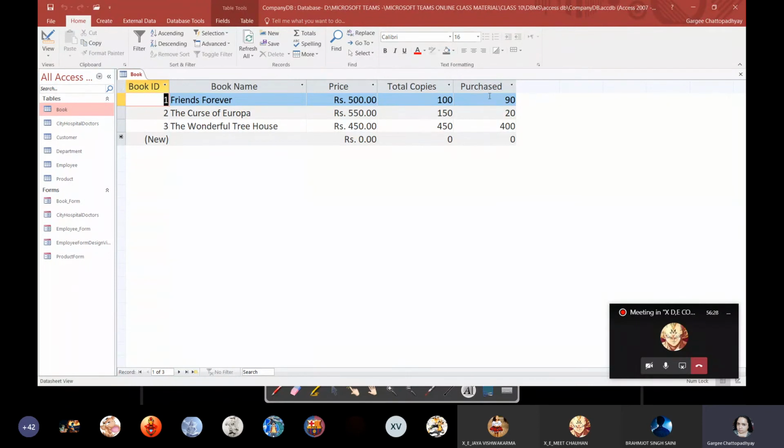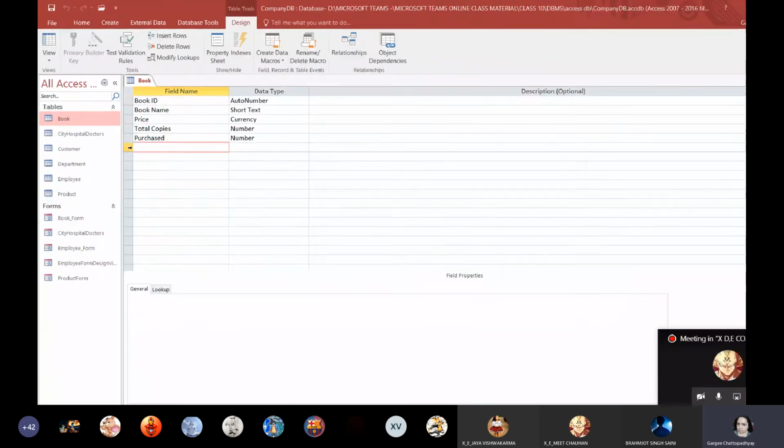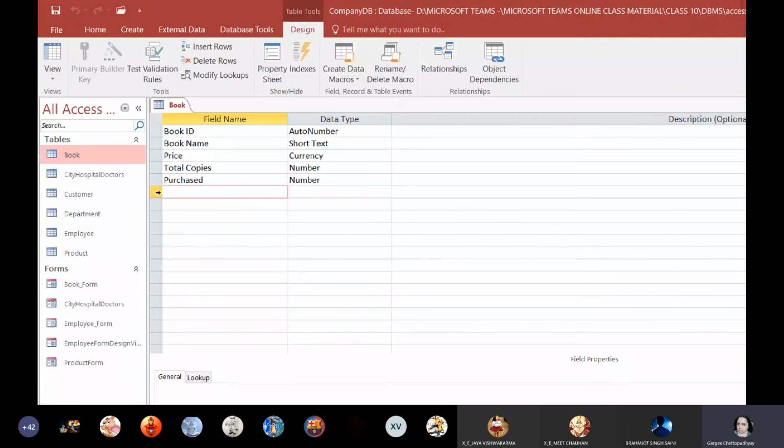How will I get it? Purchased multiplied by price, right? I'm not going to calculate this one. Access is going to calculate it for me. So how to do it? I'll go to the design view, and over here firstly I'm going to add total amount.